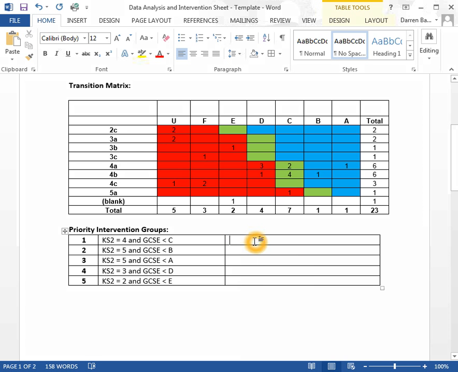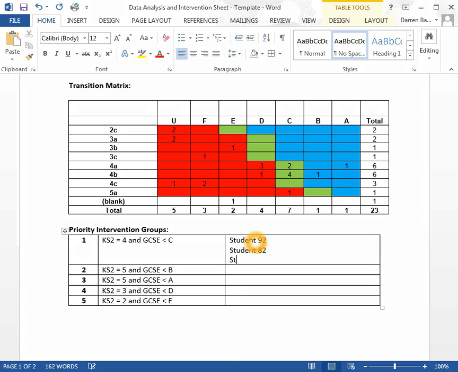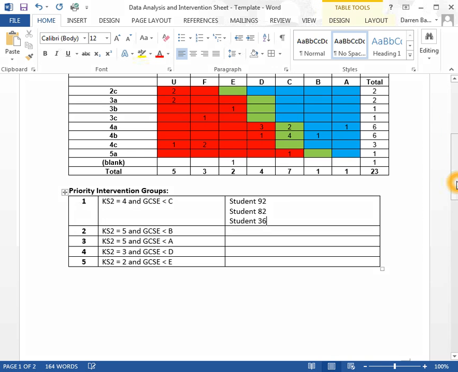And I've kind of done those in what I think are the priority order 1 to 5, and I can list the students' names in there based on the work that I showed on the Excel sheet, which is pretty straightforward. So even on this page, in terms of data for learning, I've got my headline measures, I've got my transition matrix, I know who the students are in my priority intervention group,